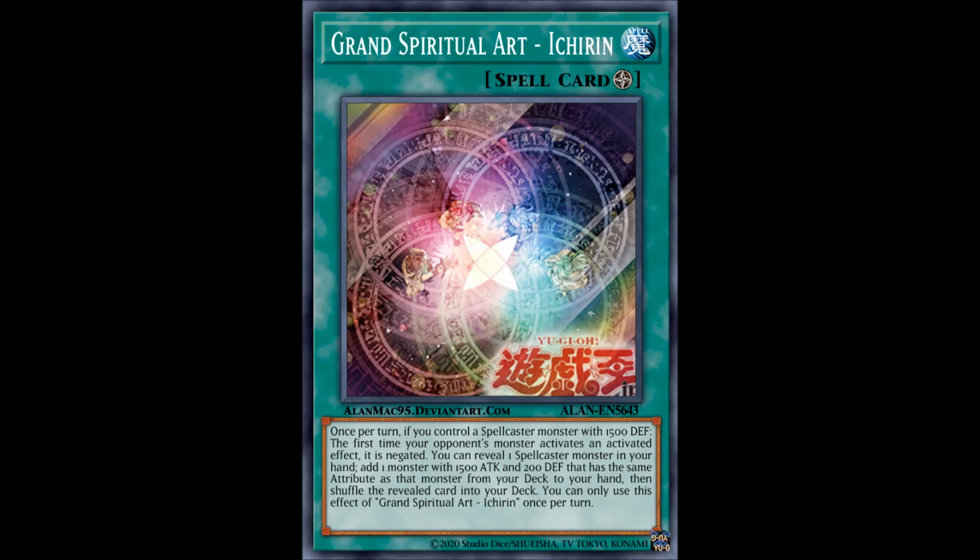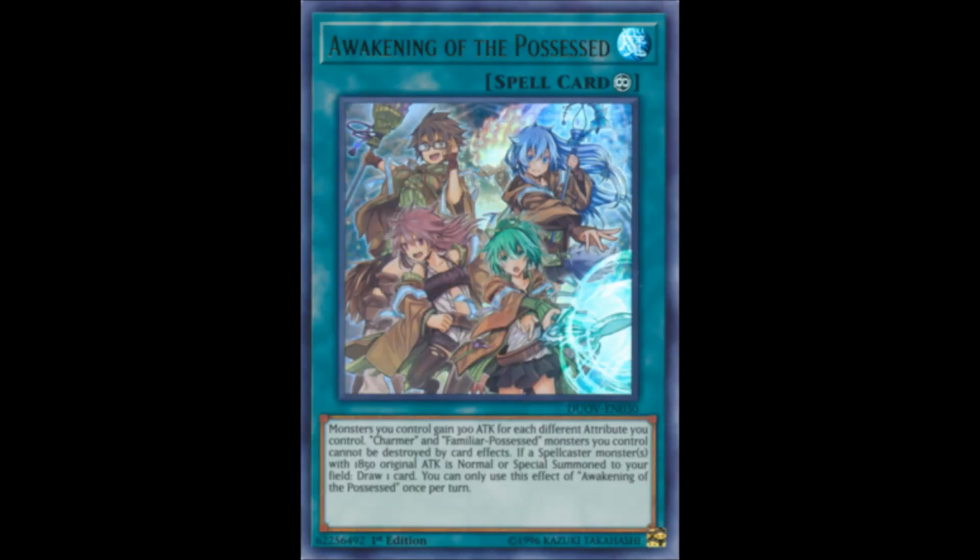And also the search effects are pretty nice. It's the only archetypal field spell the archetype has, so I guess it couldn't hurt. Well, it is a very powerful field spell to use, although Secret Village of the Spellcasters is, in my opinion, a much better option. Next up, we have their final spell card, which is the continuous spell Awakening of the